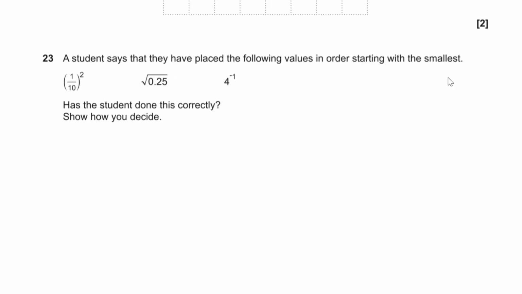Question number 23. A student says that they have placed the following values in order, starting with the smallest: a tenth squared, square root of 0.25, and 4 to the minus 1. Has the student done this correctly? Show how you decide. Well, what we can do is write all of these numbers